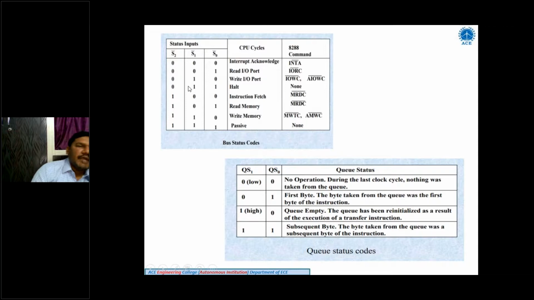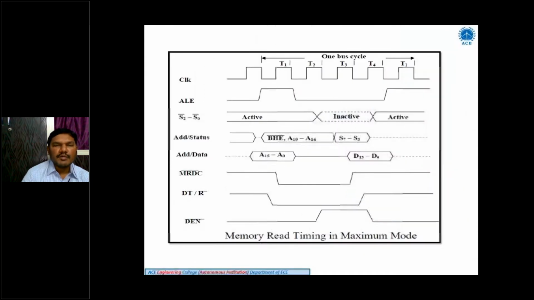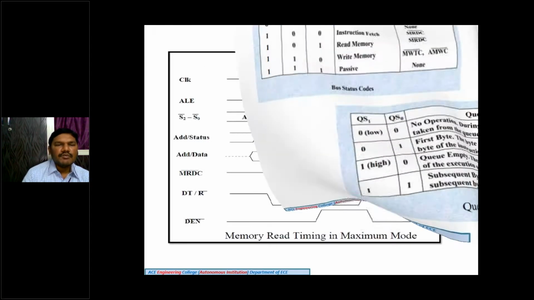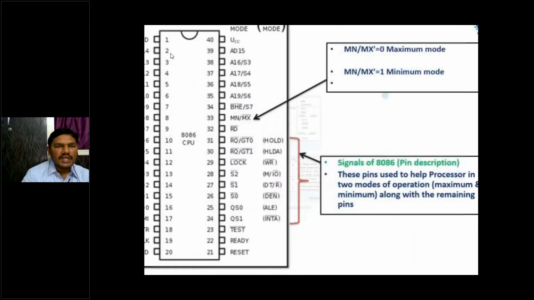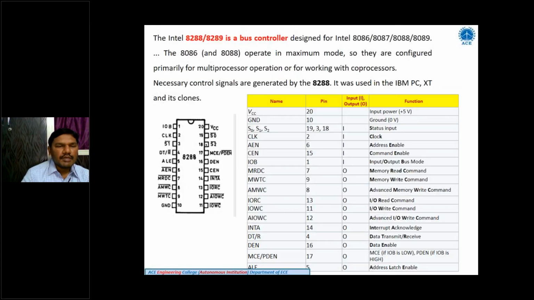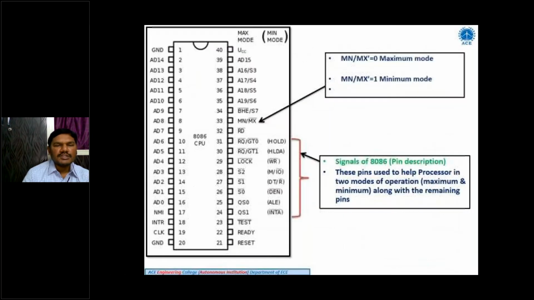So in the 8086 maximum mode of operation, how do we read and write the data? In minimum mode, the data read and write is done by the read signal and write signal of the minimum mode configuration. Whereas in the case of 8086 maximum mode, we have three pins S0, S1, and S2, which you can see here on the 8288 bus controller also. These three pins are connected to pin numbers 26, 27, 28 of your microprocessor pin diagram.